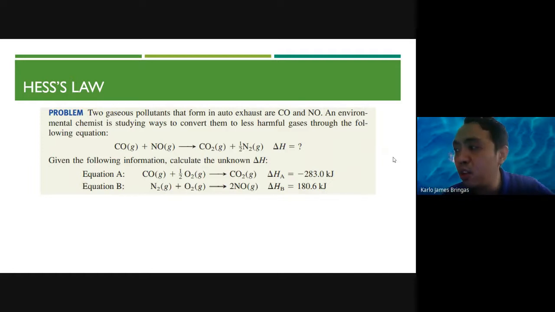What we're gonna do is we'll try to now solve this one together. So this time, you have the following. Two gaseous pollutants that form in auto exhaust are carbon monoxide and nitrogen oxide. An environmental chemist is studying ways to convert them to less harmful gases through the following equation. So given the following information below, the equations A and B, so we're now tasked to calculate the unknown delta